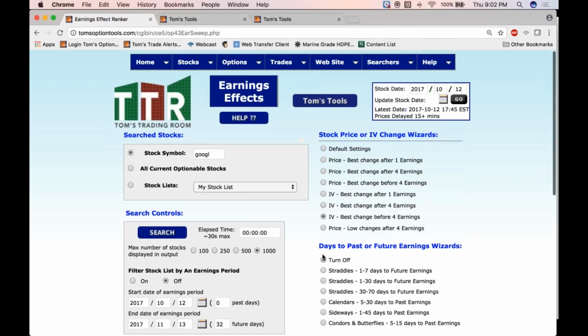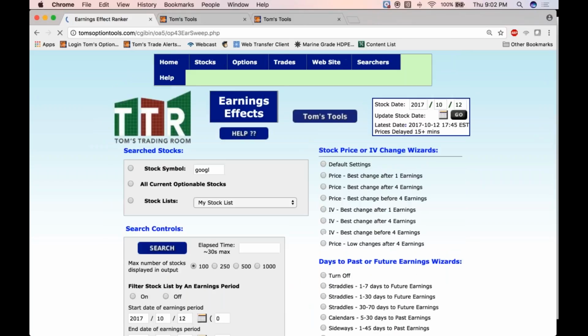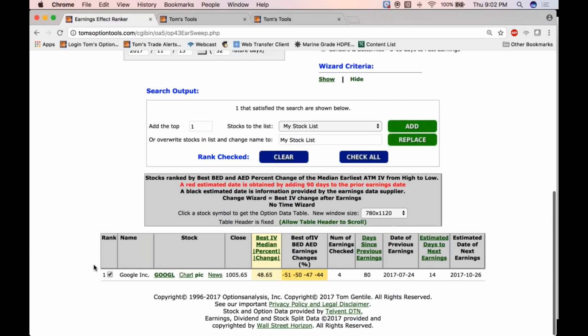Look what happens when you hang on to the options after the earnings report comes out. I think it's a pretty clear example of what ends up happening. -51, -50, -47, -44. So the time premium in the options typically drops in half after earnings. So those of you that were asking that question about IV, here's the thing. If you really are an astute trader and you're trading this trade,